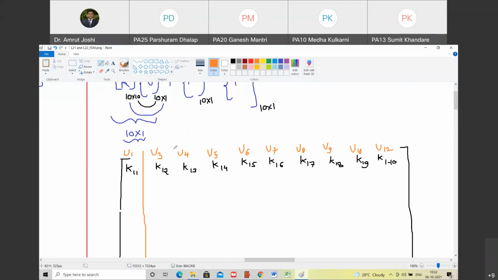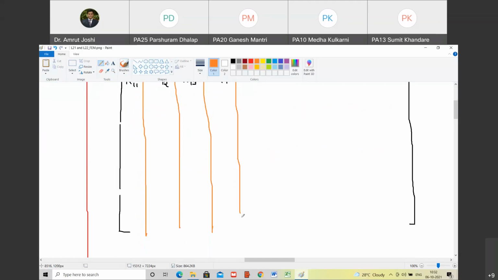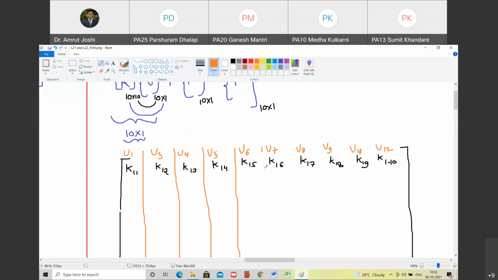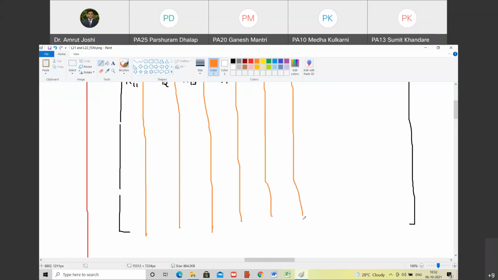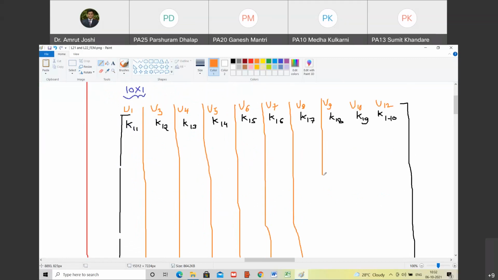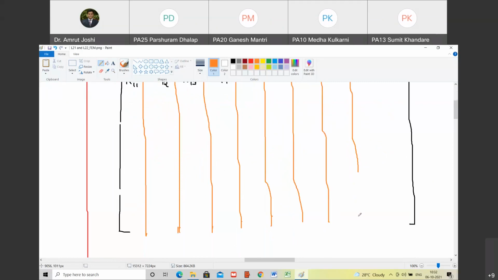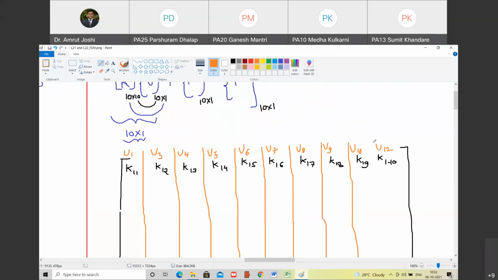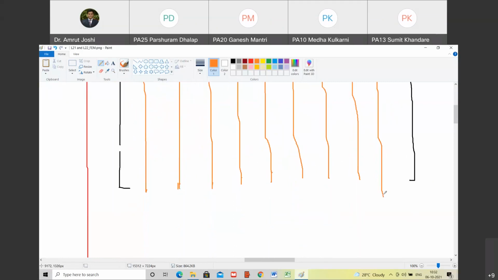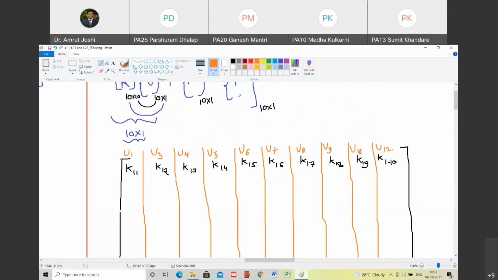This is the partitioning. Not partitioning, I am just separating these columns. The U1 to U12 that I have written above is the mapping. You have to understand that it is for understanding which element corresponds to which degree of freedom. It serves no other purpose. It is not a part of the stiffness matrix. Are you clear?